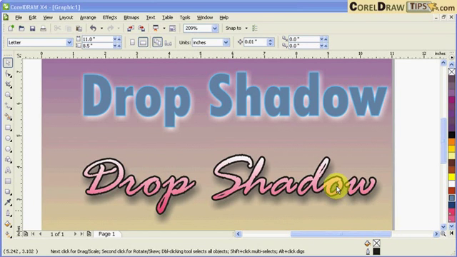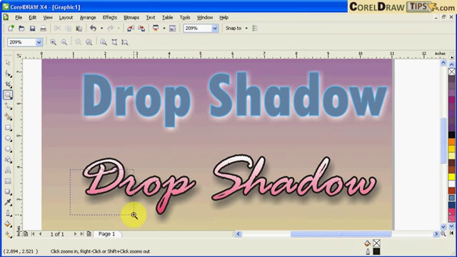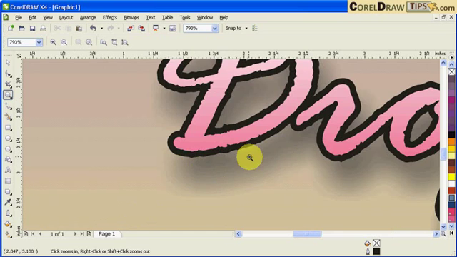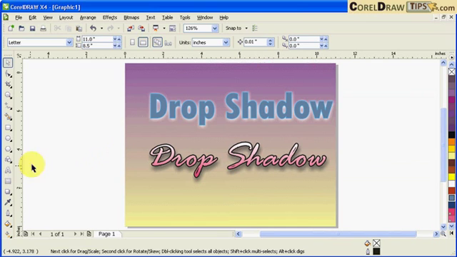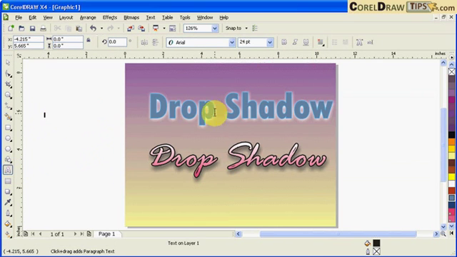Let's do drop shadows here, soft drop shadows. Now I call it soft drop shadows because the drop shadow is not hard and pure color. It's soft, like this one here. Okay, so right now what I'm going to do, I'm just going to type in, we're going to recreate these